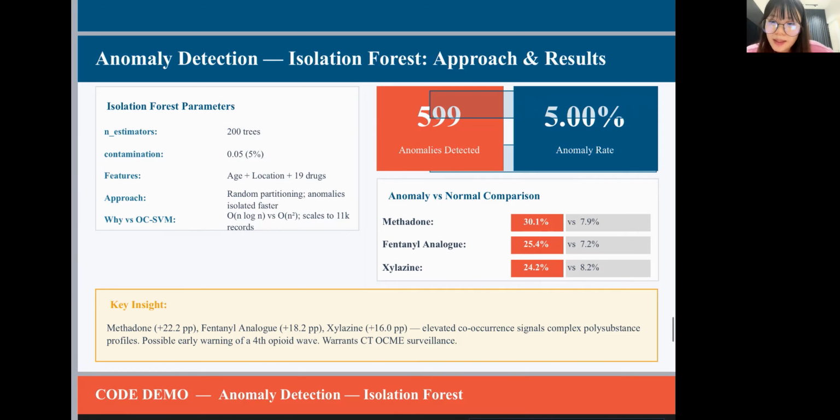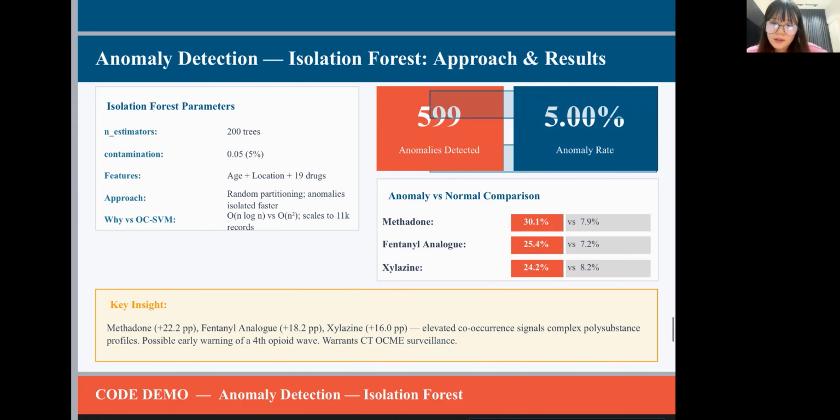The insight box summarizes this: co-occurrence of methadone, fentanyl analogs, and xylazine suggests complex polysubstance profiles. Methadone maintains co-occurrence with illicit fentanyl variants, a potential early signal of an emerging opioid with new variants, and the future investigation